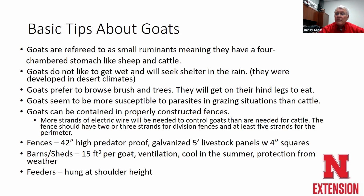And they can be contained if you have properly constructed fences. That's a challenge with goats. They do like to get out. They will find every hole in the fence. But you're going to need more strands of electric wire to control a goat than for cattle. Usually we figure 5, 42 inches high. Or you can use panels that are 4-inch squares. If you use traditional feedlot panels, goats get their heads stuck in them. They need to be smaller squares if you're going to use them for goats, because they are notorious for getting their horns stuck. Barns, as far as shed space, need about 15 square foot per goat,